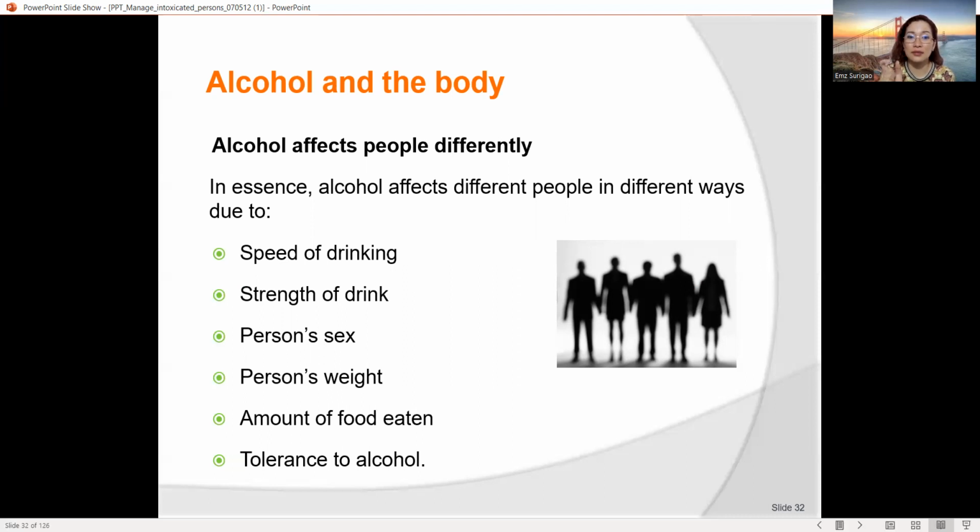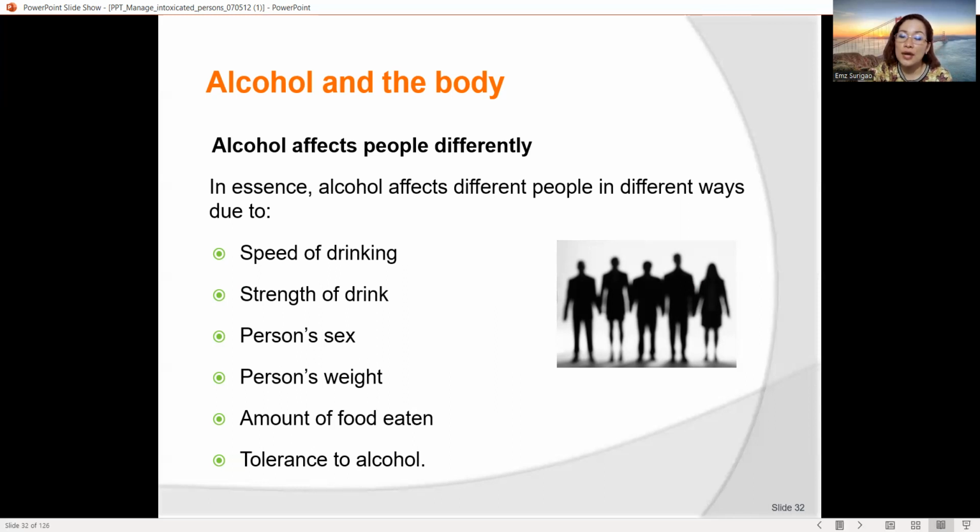I think that is what is stated there. Depending on gender, male or female, the effects differ. For females, it's easier to get drunk. Males can handle it if they are used to alcohol; one shot is just like water. But for those who don't drink often, one shot can already make them feel dizzy.